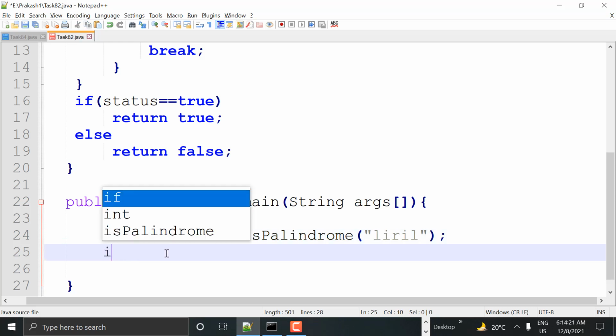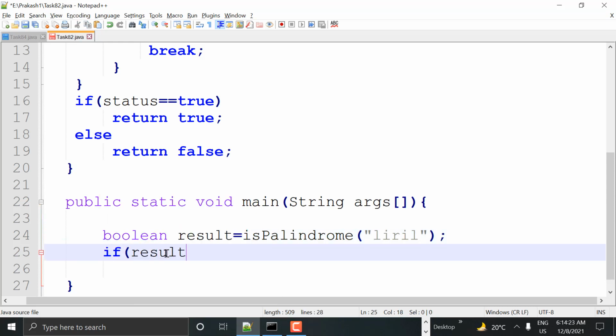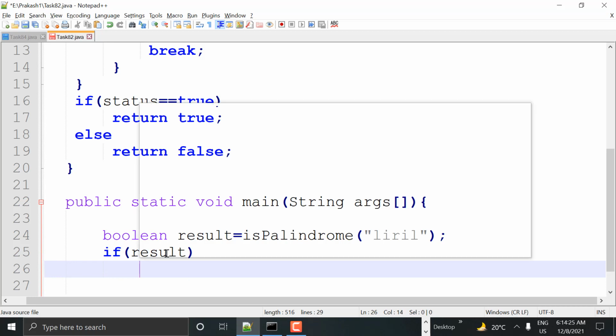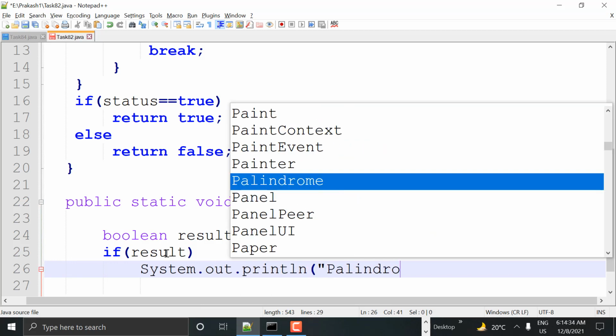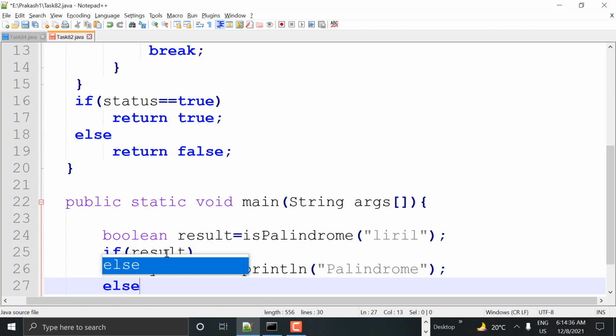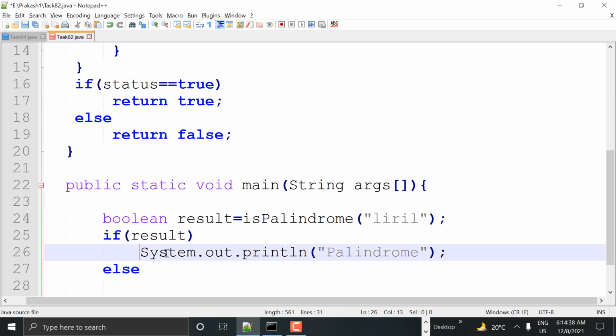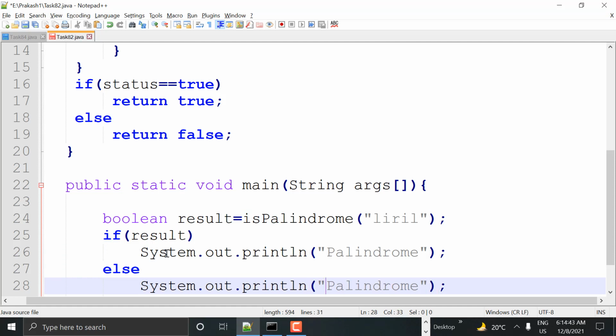So now we are checking if result equals true, or if result is, nothing but, double equals true is optional, so I'm not writing it, and System.out.println palindrome. Else, result is false, which means it's not a palindrome, guys. Actually this is given by the online exam itself.